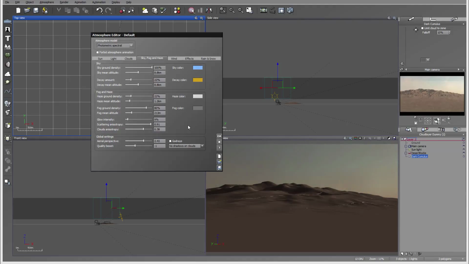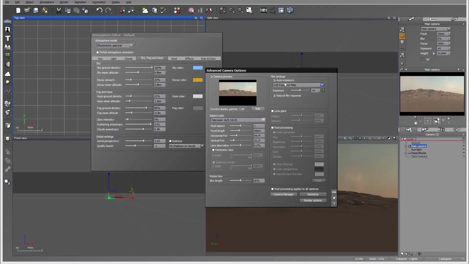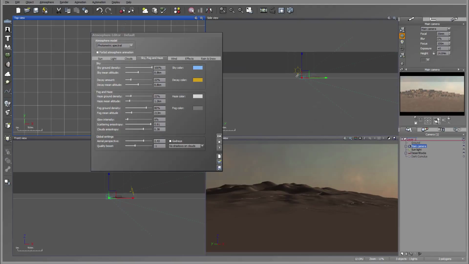One thing when you start working with this, you'll notice your light does not necessarily represent what you wanted. It's because automatic adjustment is applied. If we open the camera right here, you can see auto exposure is on. So let's turn it off, and you can see it becomes slightly darker. And that's what I want to do. I like to keep auto exposure off,